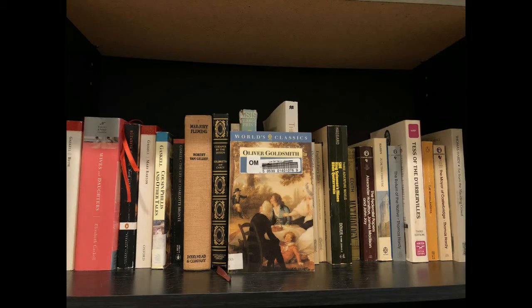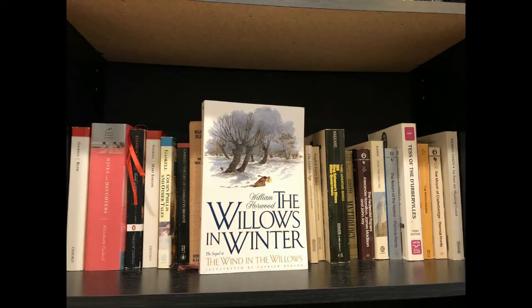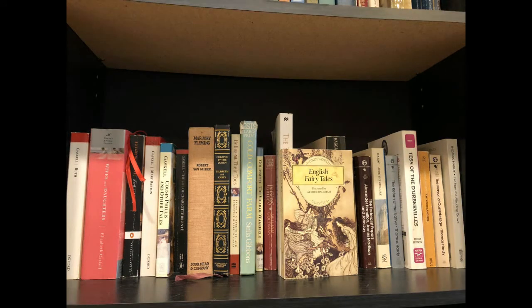Next comes Marjorie Fleming, Cheaper by the Dozen, Bells on Their Toes, Cold Comfort Farm, The Vicar of Wakefield, The Princess Bride, that's such a good one, The Willows in Winter and The Wind in the Willows, The Golden Age, English Fairy Tales,